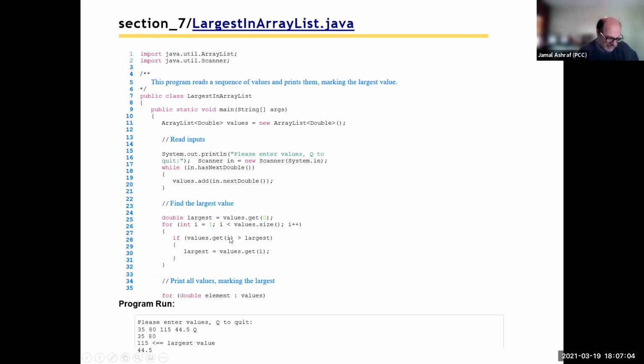This is your maximum. If you decide to use ArrayList instead of arrays for number 14, you can do this. Of course, you're going to have one more dot over here because you're going to have an ArrayList of objects. So you're going to create a class that has a name and price, and then you put that one inside your ArrayList. So it's going to be values dot price, values dot